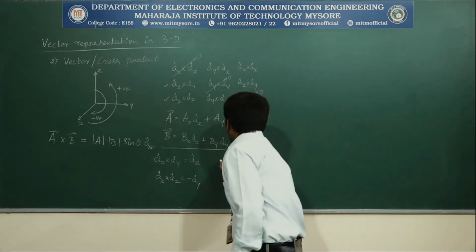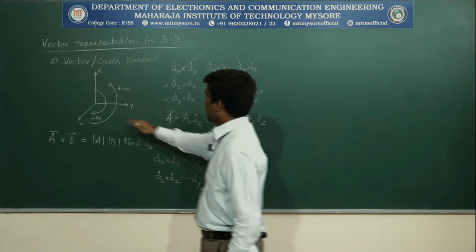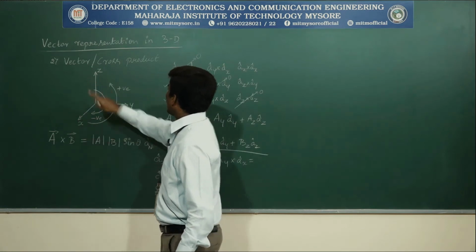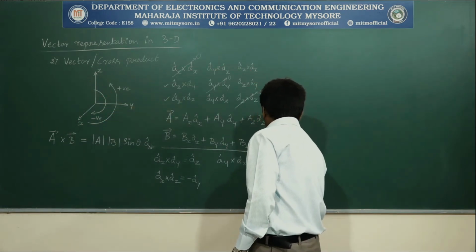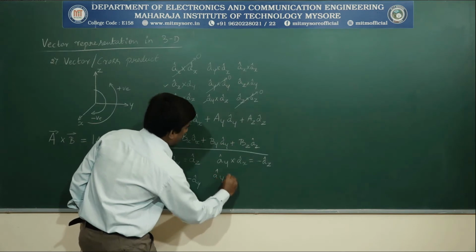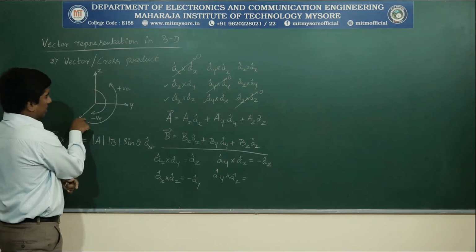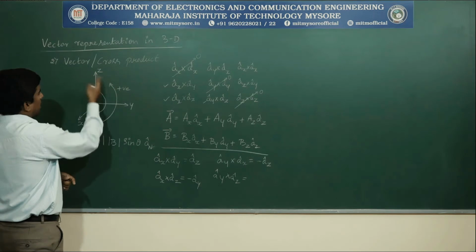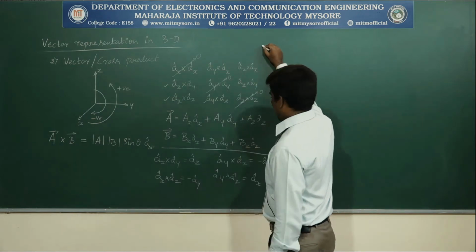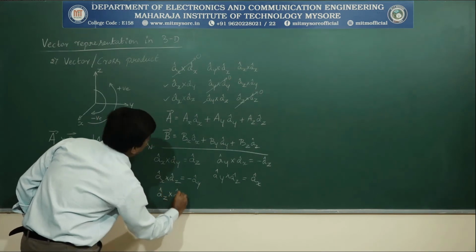A cap y cross A cap x is equal to... Y, then x, it is in the clockwise direction, then comes z, hence minus A cap z. Next one, A cap y cross A cap z: y, z, then comes x. Y, z, x is in the anti-clockwise direction, hence it is positive. Okay, similarly, let me write here itself, A cap z cross A cap x is equal to